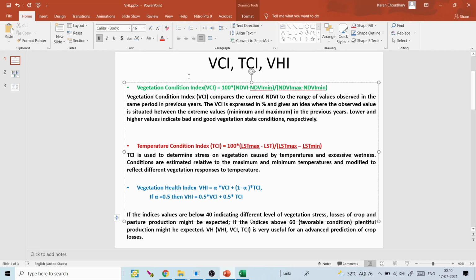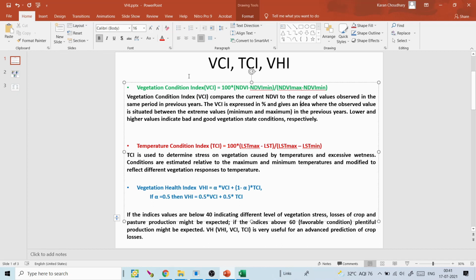But why do we need VCI? Suppose you have a current date satellite image, you derive NDVI from it, and it says the NDVI value is low. But there may be a possibility that for that particular period of time, every year for the past 5 years, the NDVI value is low due to the off season. No crop is sown there, or there is barren land there. So there is a possibility it is low every year. So you cannot say that NDVI is low, so poor vegetation is there.